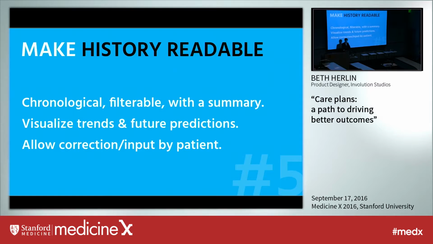Another fairly complicated design principle is the idea of making health history human readable. This is a very complex issue, but I'll just go over a few items within it. The first is just displaying the health information chronologically over time, the way that we read it and think about it and the way that it happened, but still allowing you to filter it by important health condition or aspects like condition. And then also including some kind of patient summary, ideally facilitated by a generalized health score.